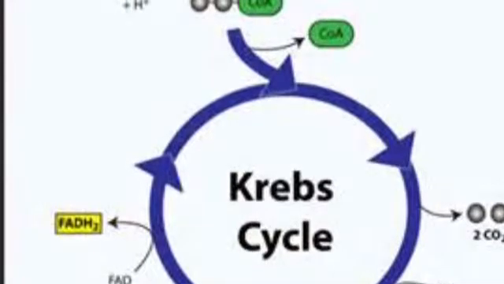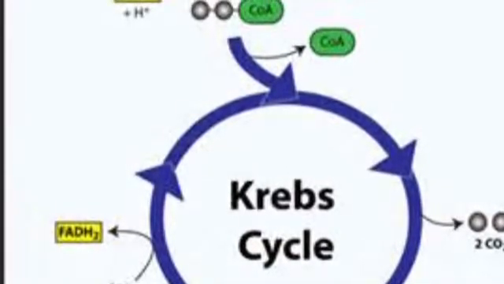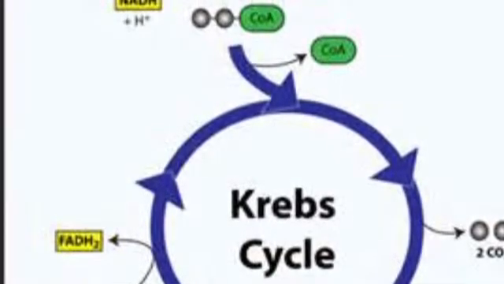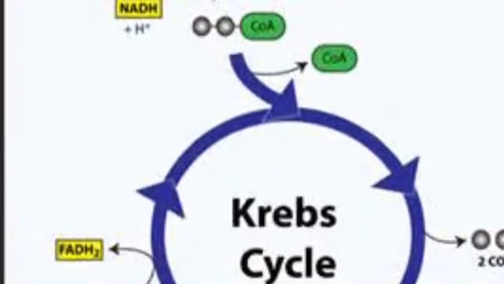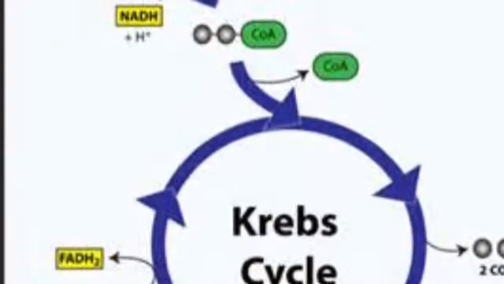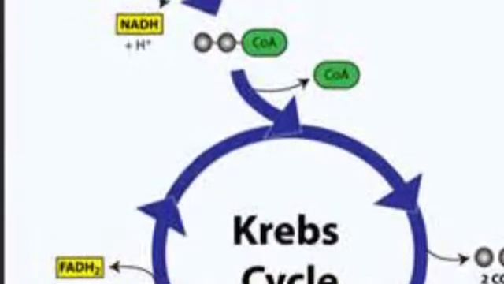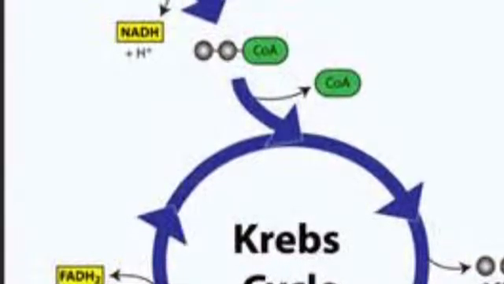glycolysis. The products of the Krebs cycle include 1 ATP, 4 NADPH that will go to the electron transport chain, and 1 FADH2, an electron carrier that will also go to the electron transport chain. It also releases CO2 as a waste product. The Krebs cycle's most important job is to produce high-energy electrons to be used by the ETC, or electron transport